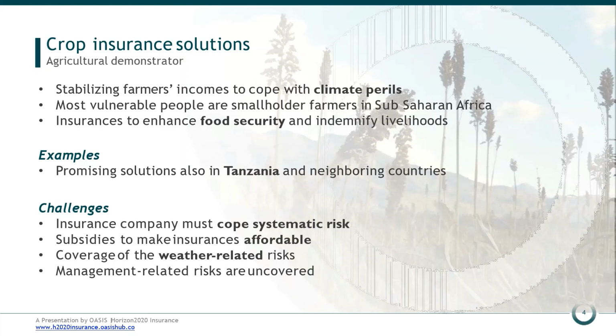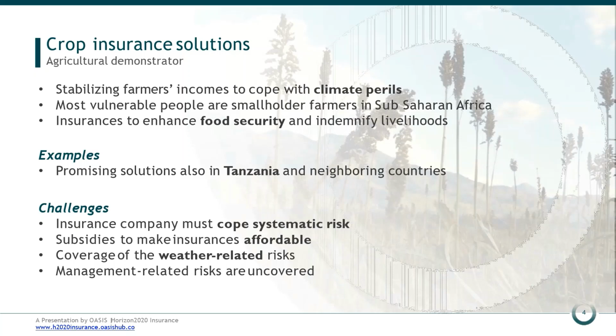But when we talk about crop yields, it's not only about the weather-related risk, but also the management policy and so on. And of course, the insurance should only cover the weather-related risks, which makes it a bit difficult, because when you have information about crop yield variability, you have all the factors included. And by designing a crop insurance